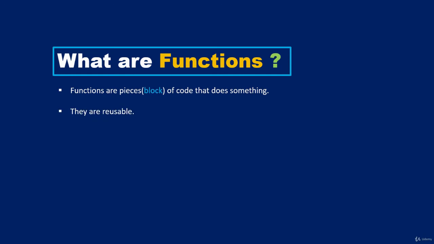Once you've created a function, the function does nothing until you activate or call it. The process of activating a function is also referred to as executing or running a function. And you do that by calling the function with its name. Whatever name you've given your function, if you want to activate or execute it, you need to call it